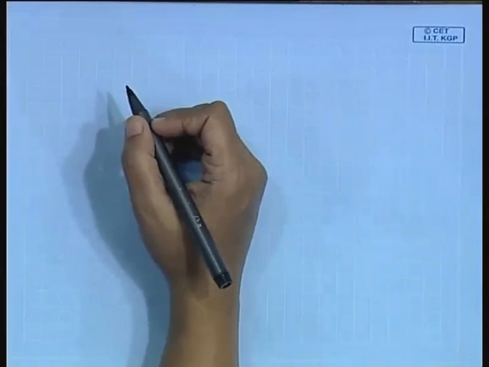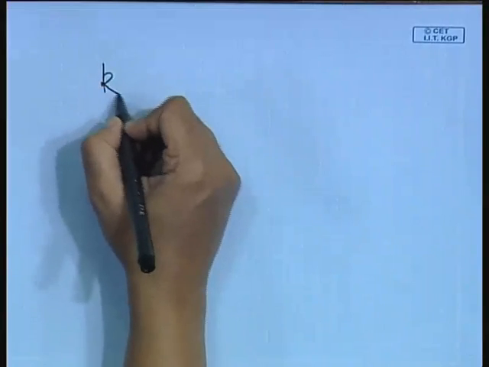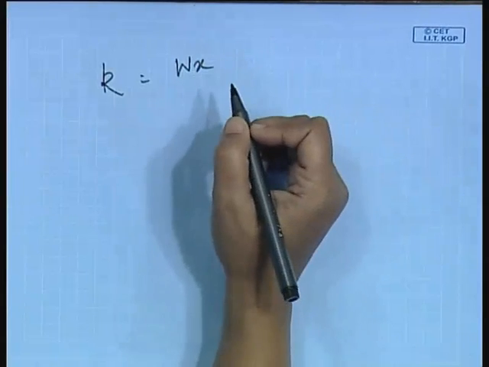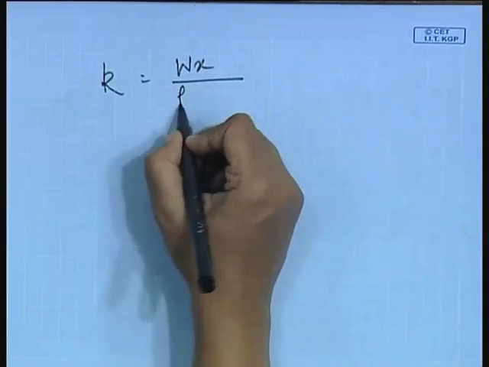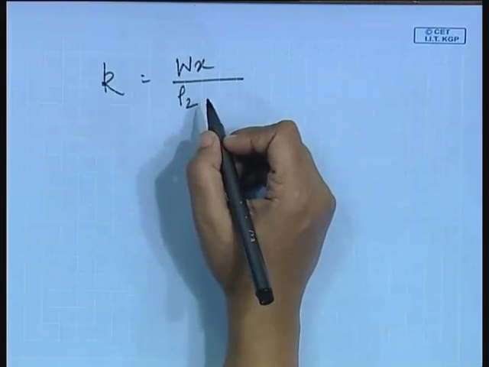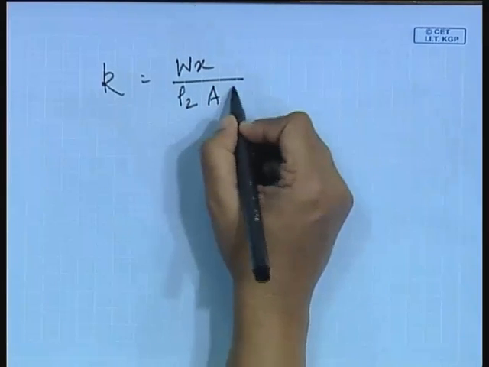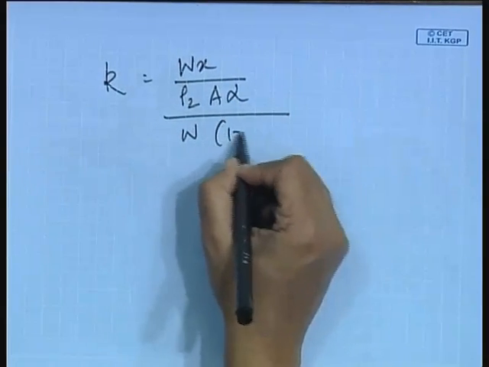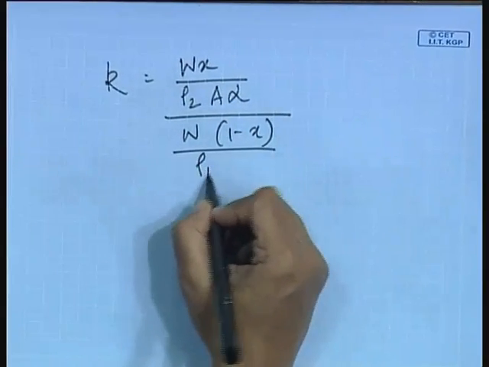What we can find out from heat balance is the quality, isn't it? So instead of W2 we can write Wx by rho 2. A2 also we do not know, we can write it in terms of A alpha. Similarly, this can be written in this particular way,